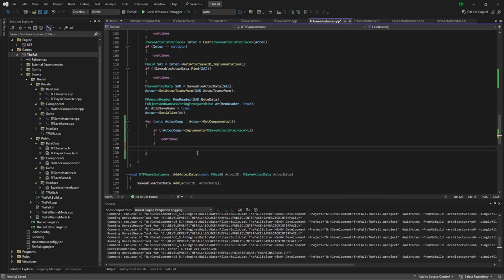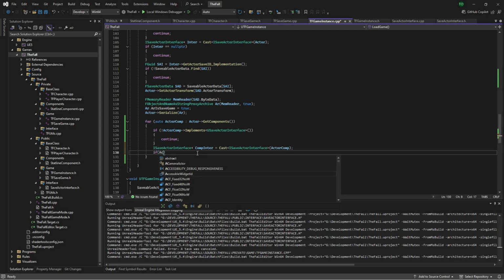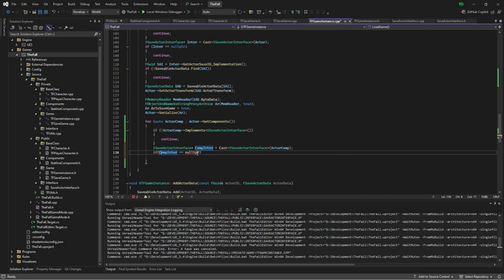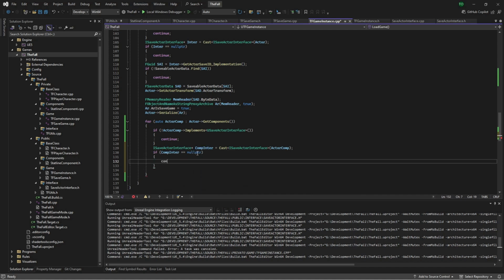If it does, we want an I save actor interface pointer for comp inter equals cast I save actor interface actor comp. If comp inter equals null pointer, if I could spell, continue. Otherwise we want to